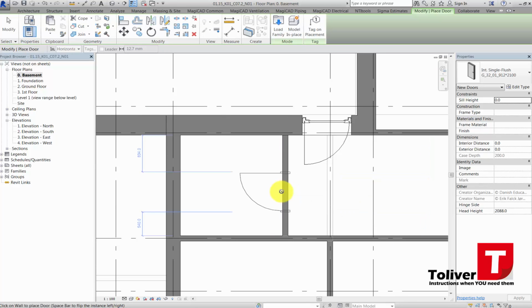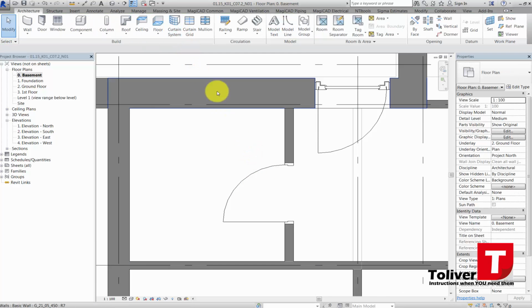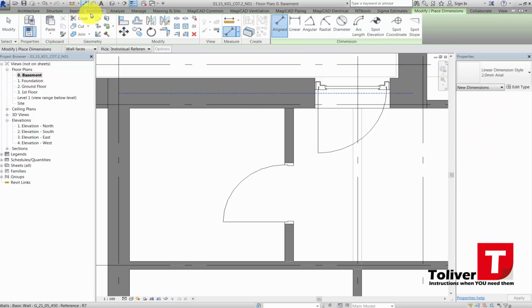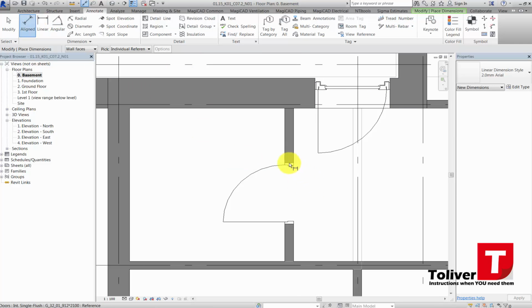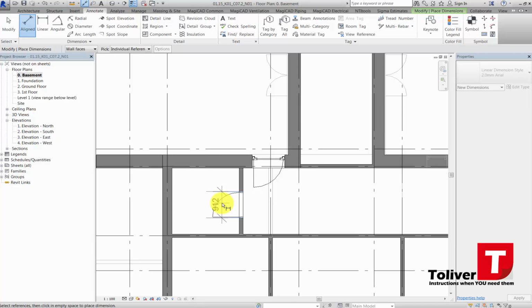What I'm going to be doing now is I'm going to place it, and depending on which side of the wall you're on, that's the side that it's going to be swinging out to. So if I'm going to place here, if I want it to change sides or swing openings, I can use the space button and it will swing from side to side. What I need to do is I'm going to place that one there, and then I'm going to take a measurement by using DI or going up to annotate, choosing a line,